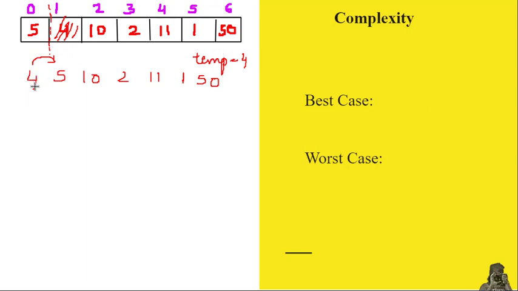Now 4 will be inserted into it. So now the new sorted array is this. So it is clear that 4 and 5 are sorted and the rest of the elements are unsorted. So again we are going to move to the next pass, and on that pass this is our unsorted array. So we need to pick the next item.